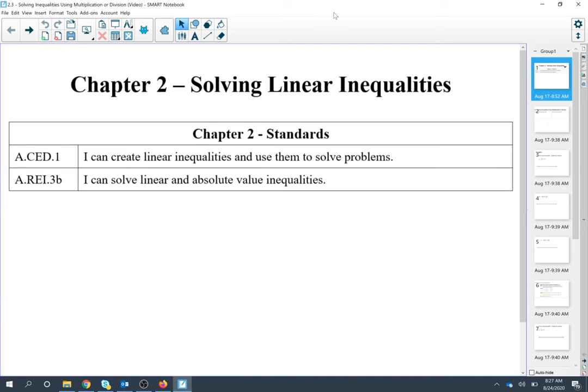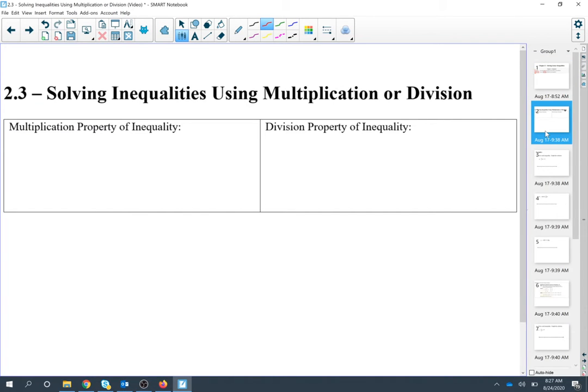Welcome back everyone to Chapter 2, Solving Linear Inequalities. Just a recap before we get started. We are still working on our two standards over here, and mainly A.REI.3b, where we can solve linear inequalities. 2.3 is solving inequalities using our multiplication or division. Now, multiplication property of inequality and division property of inequality, I'm specifically going to write up here by